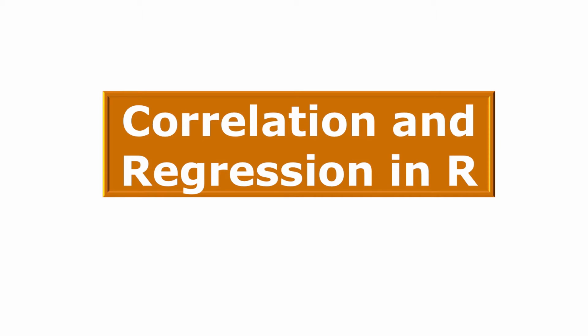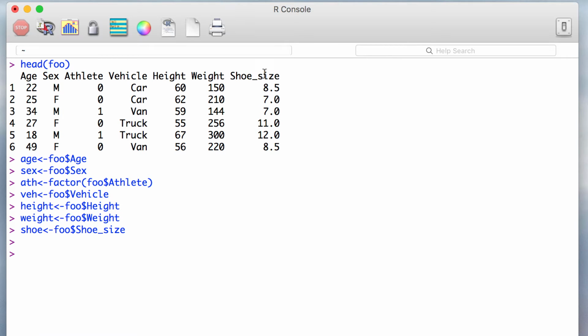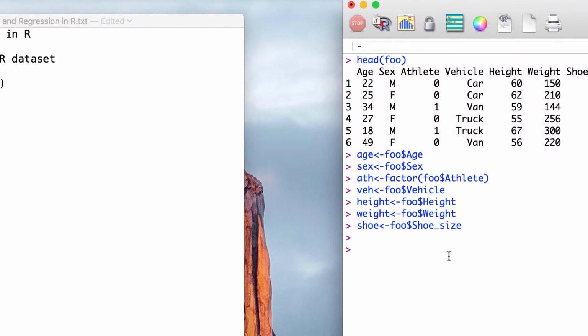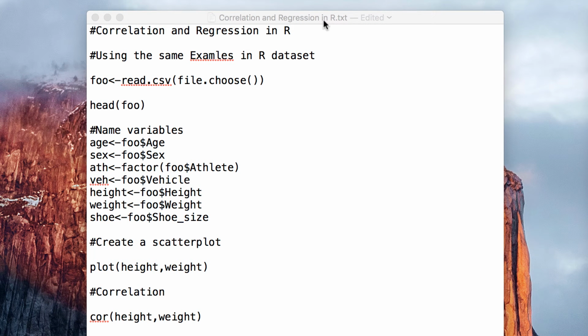Today we'll be talking about correlation and regression in R, and I have my R console up. I have my examples in R dataset already loaded in, and those variables already stored into their own objects. This should be old hat for you by now. I also have opened up here a correlation and regression in R text document, which will have some of the code